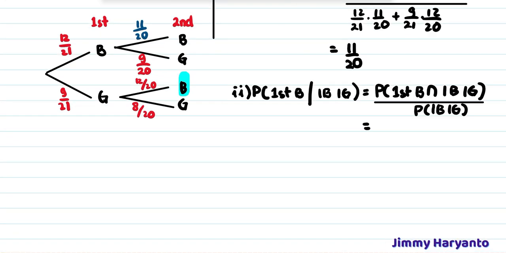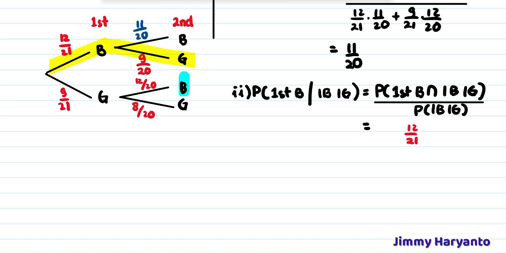Okay, first we have to choose the path. The first is blue, intersect with one blue and one green, so both of them have to be satisfied in our path. First blue, and the first blue is this one, and then we have to choose one blue and one green. That means we cannot go right there because we'll have two blue, there is no green. The question wants you to find one blue, one green, but the first one has to be blue. So that is the intersection.